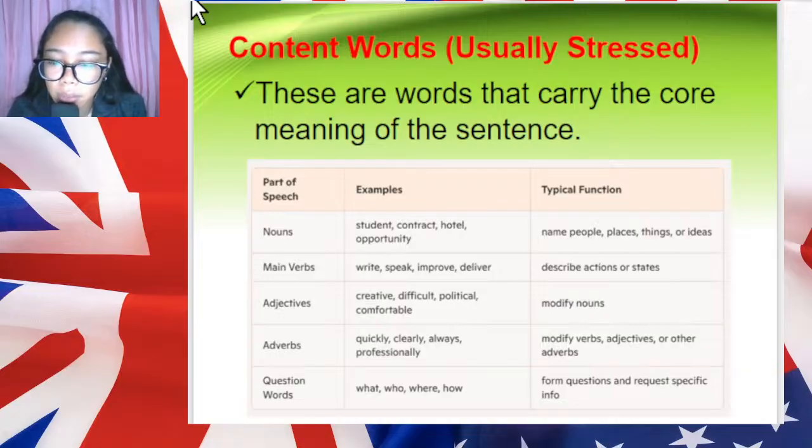What are these content words? We have nouns, main verbs, adjectives, adverbs, and even question words. So these words carry the core meaning of the sentence. Okay,